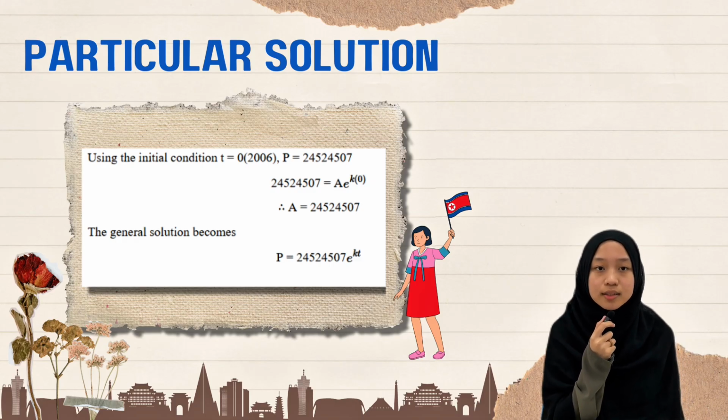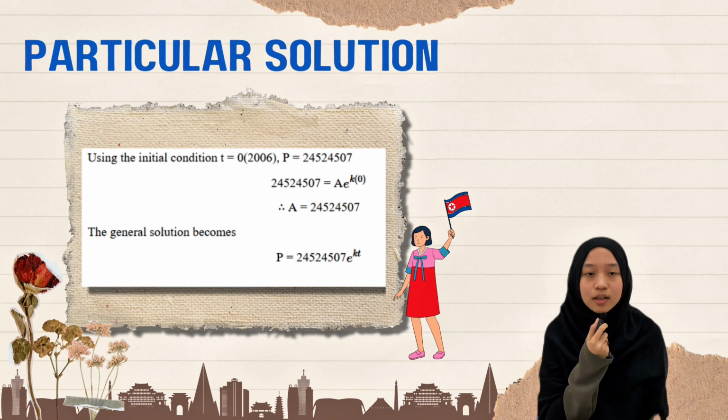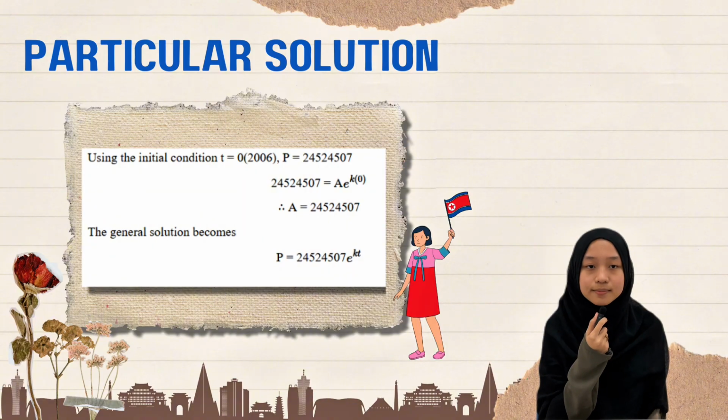24,524,507. And we have the equation 24,524,507 = Ae^(k times 0). Thus, we have gotten A, which is the value 24,524,507. Finally, we have gotten the general solution of our problem, which is P = 24,524,507 e^(kt). Next,